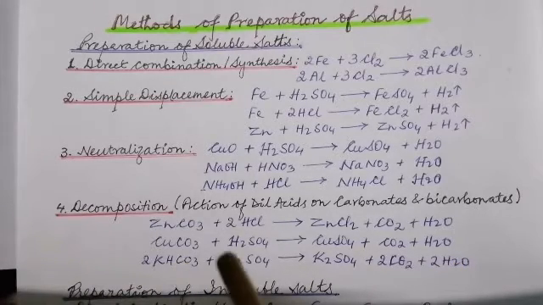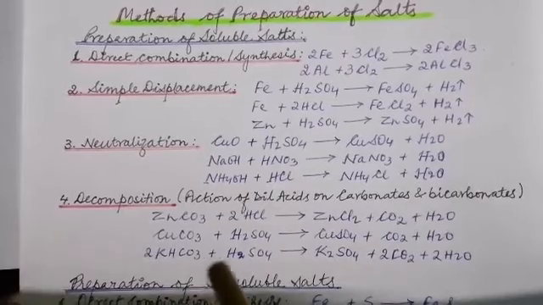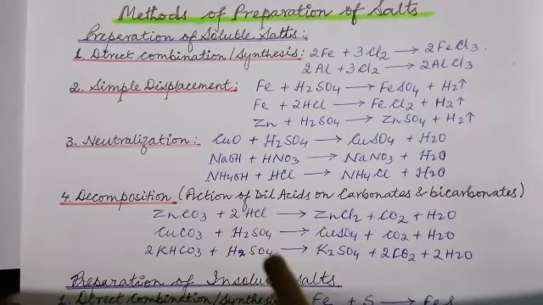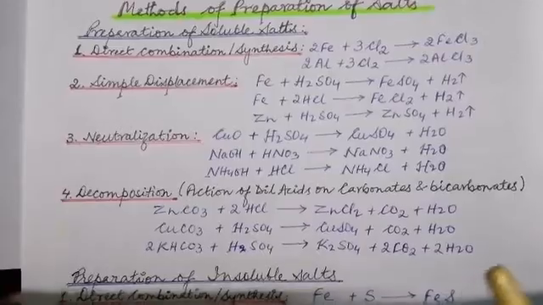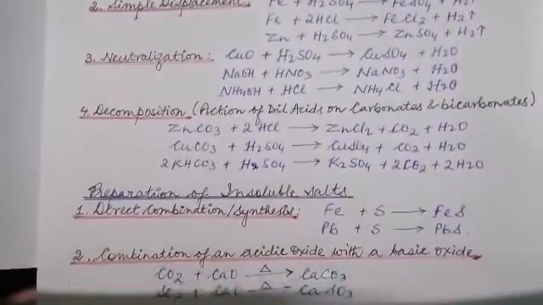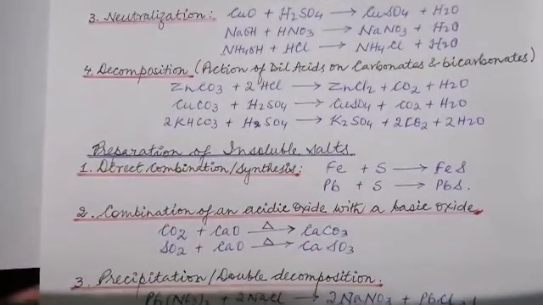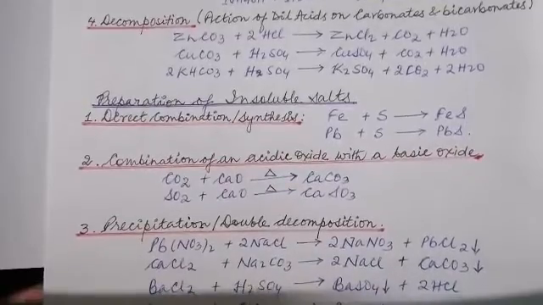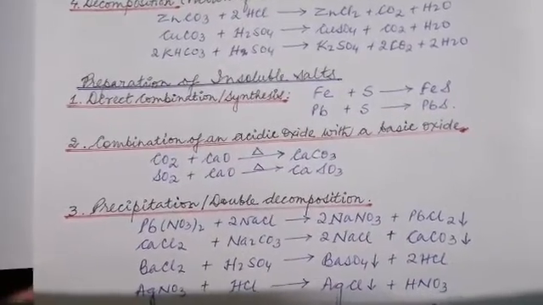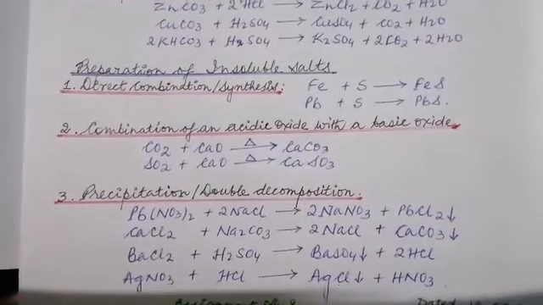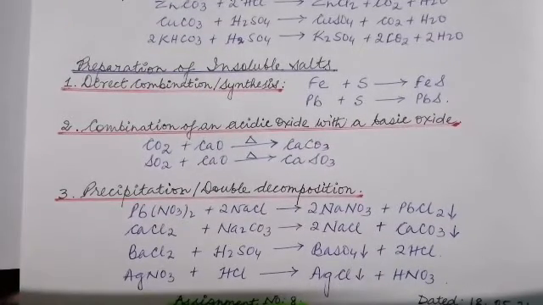Potassium bicarbonate is a bicarbonate salt. It reacts with sulfuric acid to give you potassium sulfate is the salt formed, carbon dioxide is liberated, and water is formed. Now, how do we prepare insoluble salts? Means these salts are insoluble in water. For example, the first one is direct